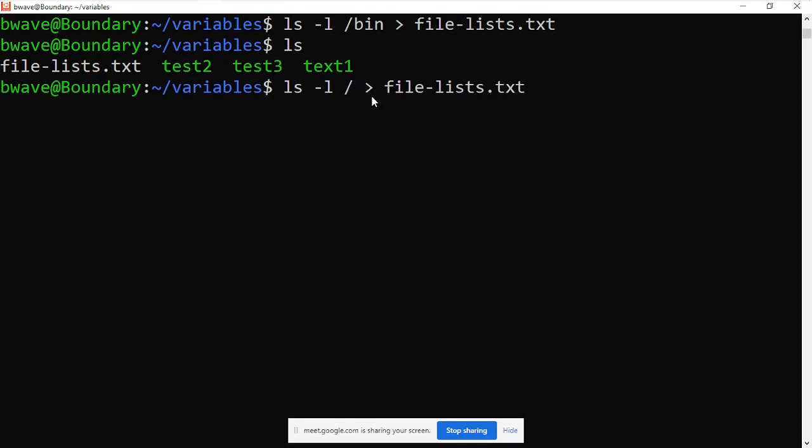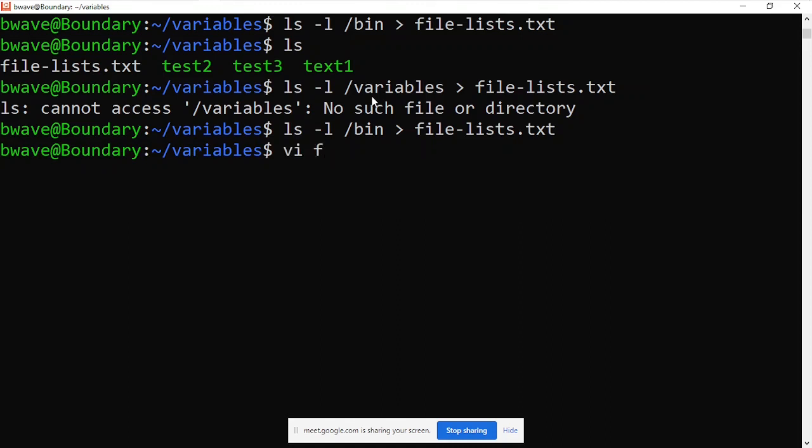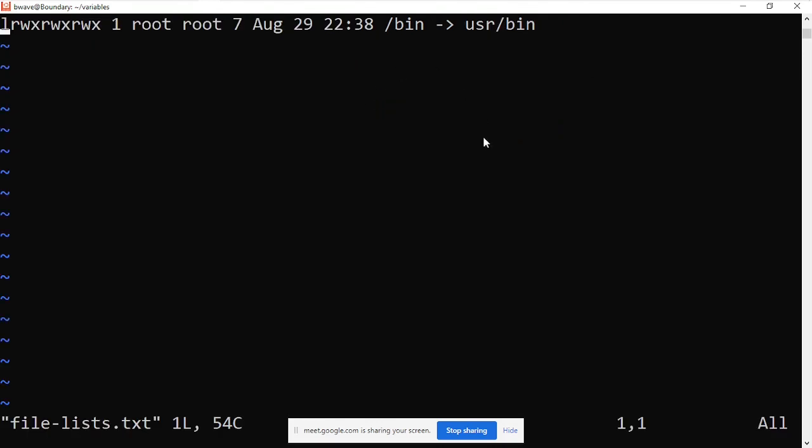In reality, I don't like this, so let me just do variable. Okay, no such file or directory. But we clearly have something called bin already. So let me vi into file.list.txt. Hey, something just happened like magic. It's not actually magic. The command we ran listed all the results in a folder called bin,